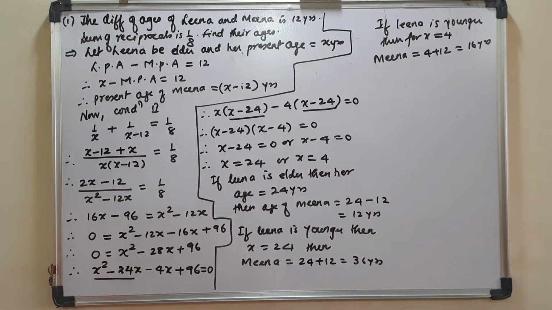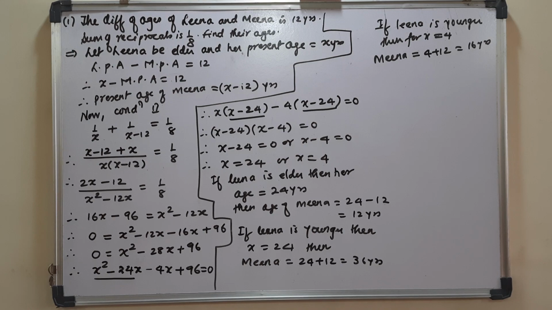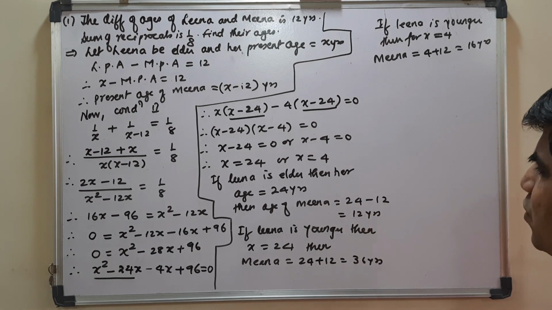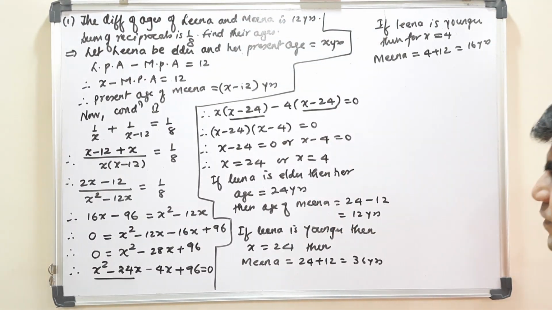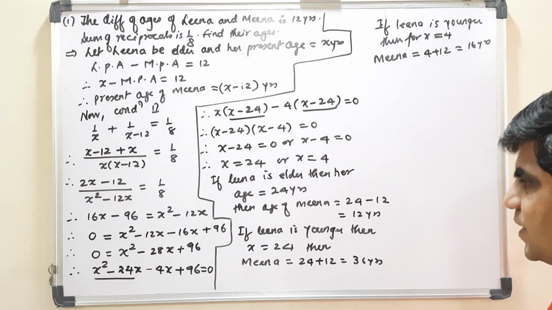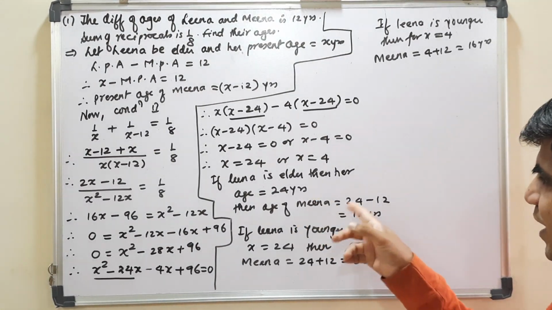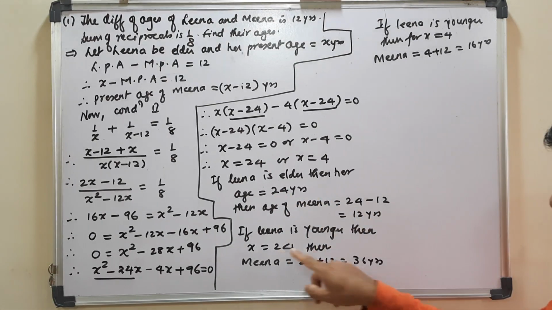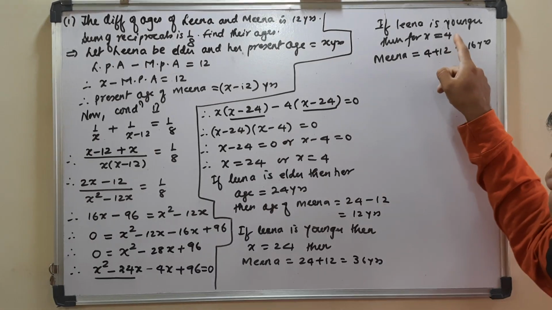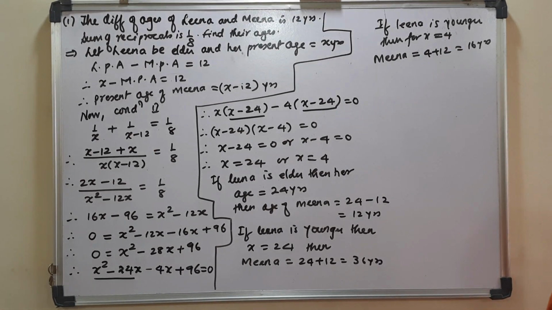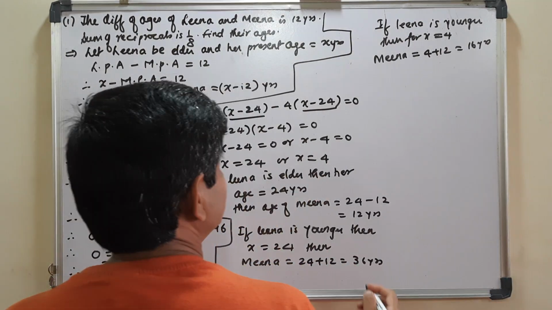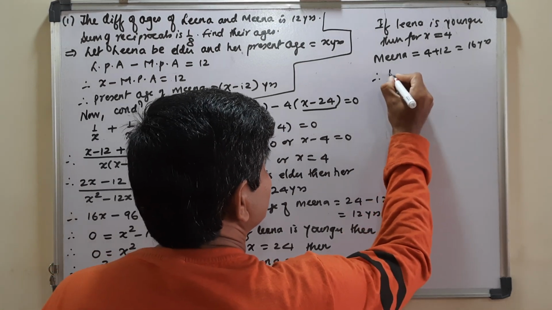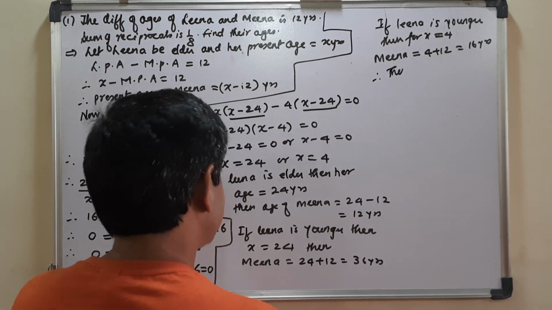Means the combination of their ages will be, first, both the same, that is 12 and another 12, right? Not both the same, I mean to say here 24 and 12 I was talking about. 24 and 12. The second combination may be 24 and 36, and the third combination may be 4 and 16. Okay, so their ages are, now the first age, whose did I take? Lena's, right? Therefore their ages are